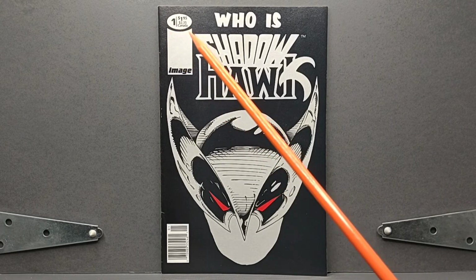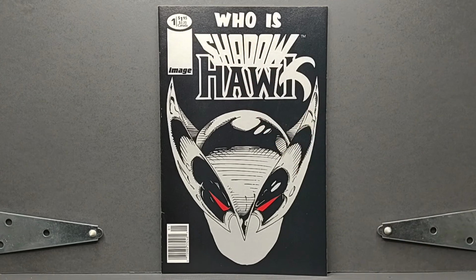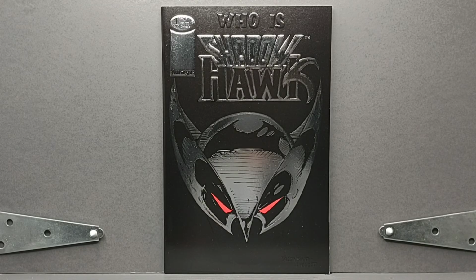I'd also like to point out that the newsstand cover was cheaper, and that's because the comic book retailer cover looked like this. As you can see, the comic book retailer cover is all chromed out in all of its chromium glory. This comic is $2.50, whereas the newsstand version was $1.95, which I understand the chromium covers did cost